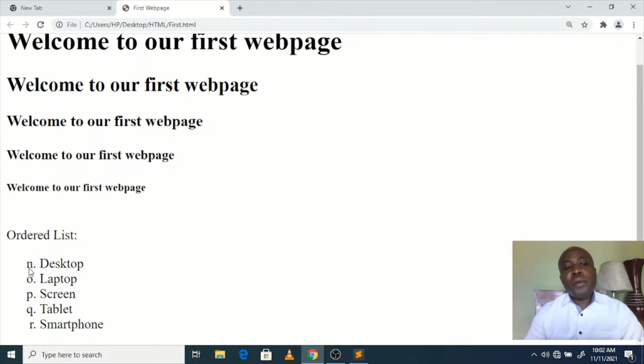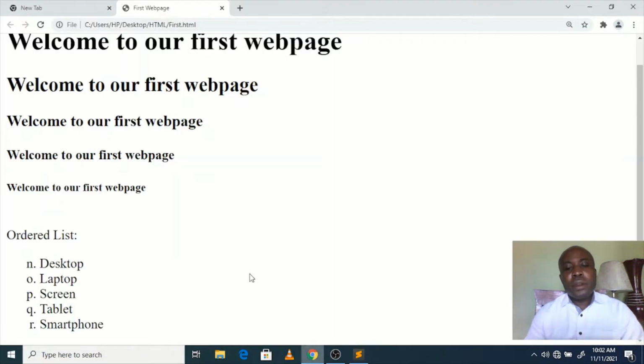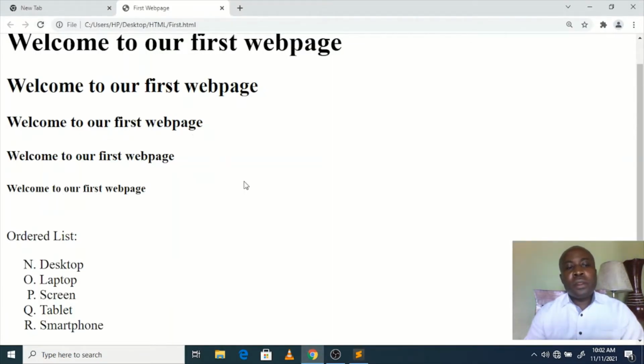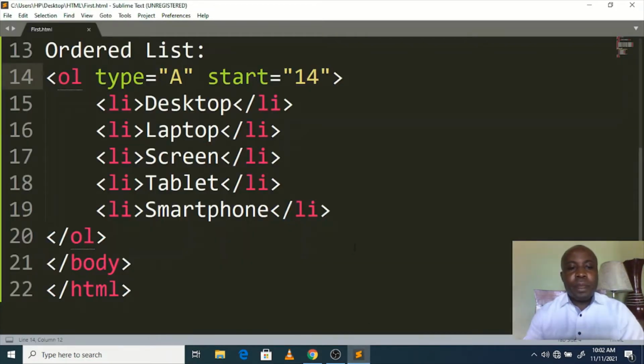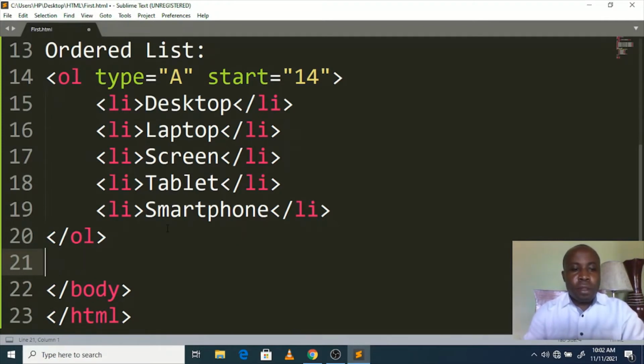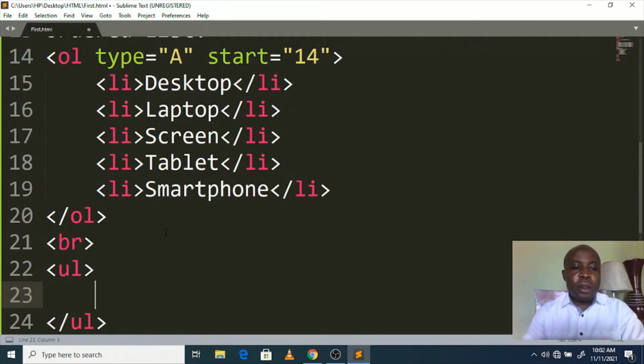So what if we wanted to use capital alphabets here? So for the type, we don't put A small, we put A capital. Then it should change. So what if we wanted to create a list which is now, we first break the line,